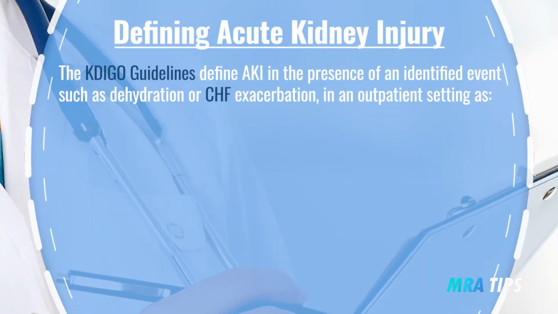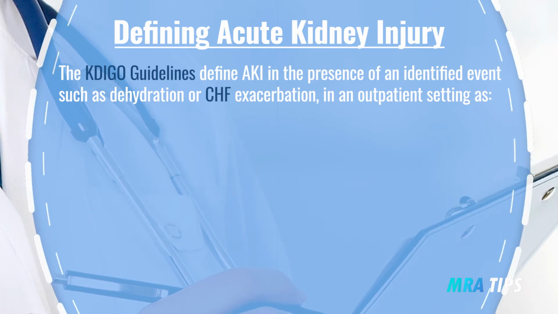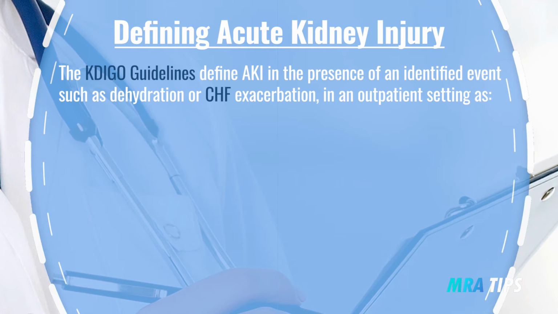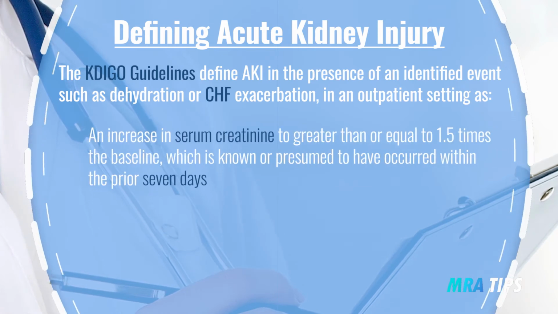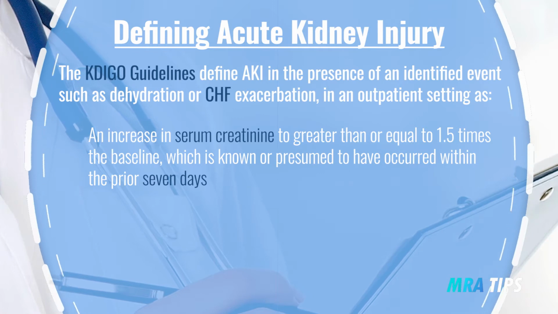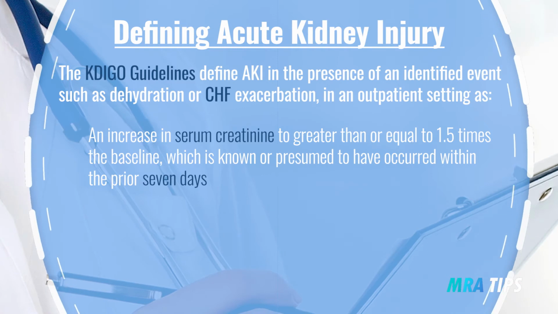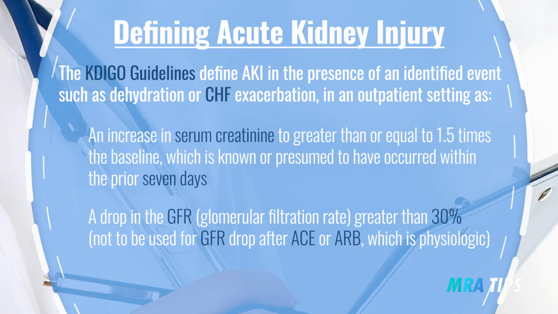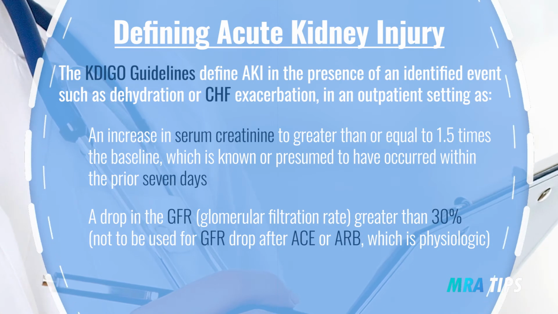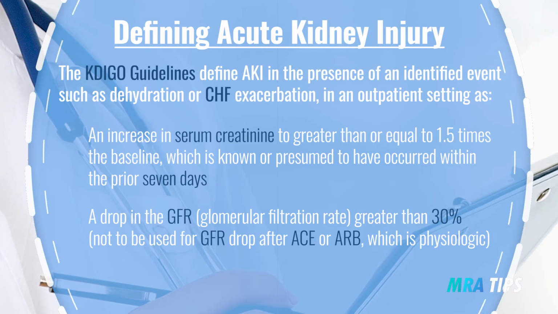According to KDIGO guidelines, acute kidney injury can be defined in an outpatient setting if one of the following occurs in the presence of dehydration or CHF exacerbation: an increase in serum creatinine to greater than or equal to 1.5 times the baseline, which is known or presumed to have occurred within the prior 7 days, or a drop in the glomerular filtration rate greater than 30%, not to be used for a GFR drop after ACE or ARB, which